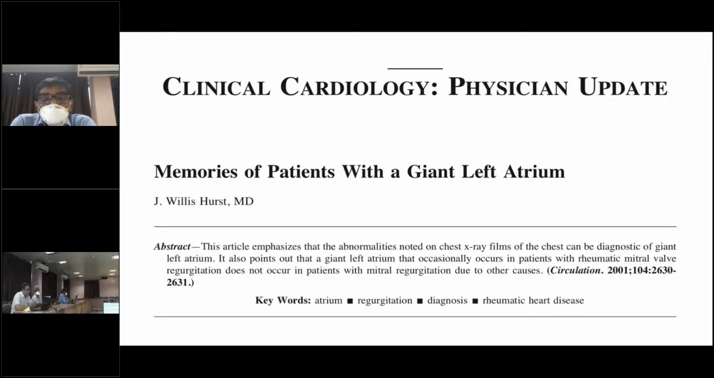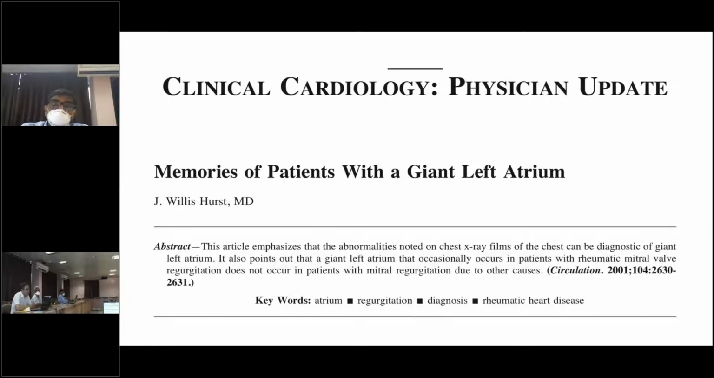So Willis Hurst, most of us would have seen his book in cardiology. He presented in 2001 a nice article in Circulation, which starts from his memories of the 1940s when he joined as a resident, and they started seeing large left atrium and giant left atrium. And his opinion, which should be respected, but which has not been documented by the facts which we look for in modern medicine,